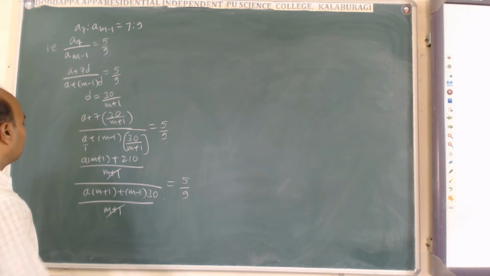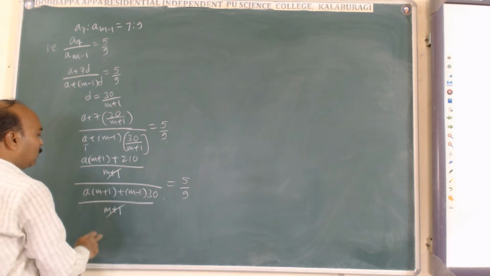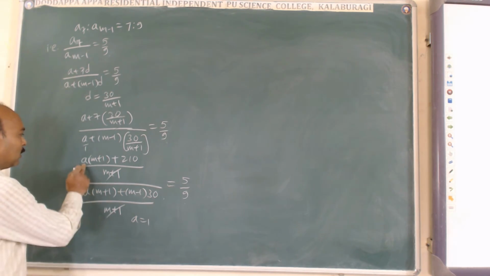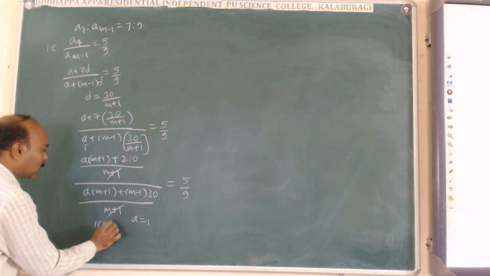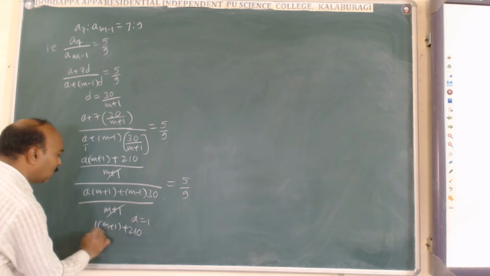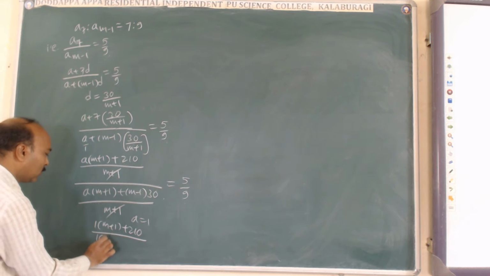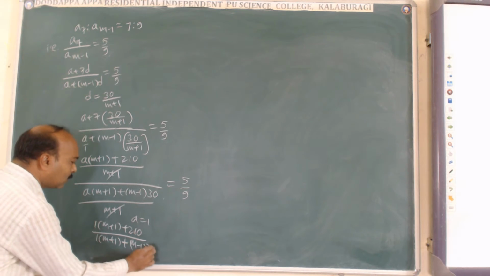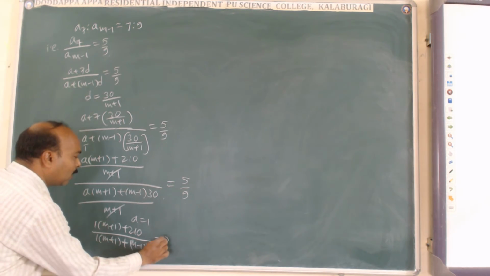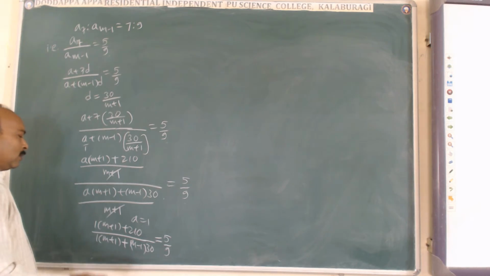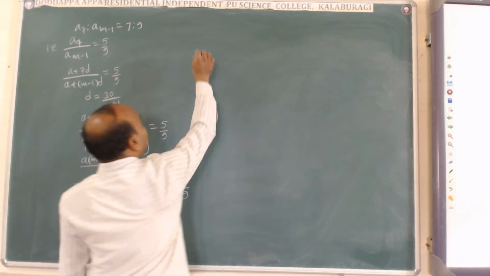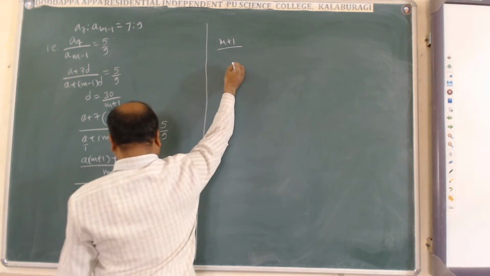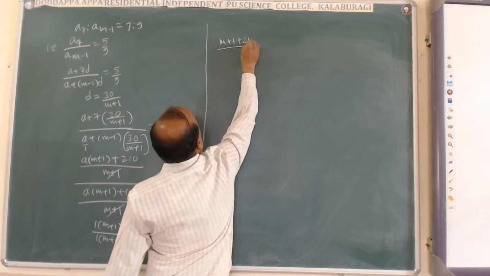Now we know that the value of a is 1. Substituting a equal to 1 in this one, we get a into 1 into m plus 1 plus 210, divided by 1 into m plus 1 plus m minus 1 into 30, equal to 5 by 9 as it is. Now simplifying this we get m plus 1 by m plus 1 plus 210